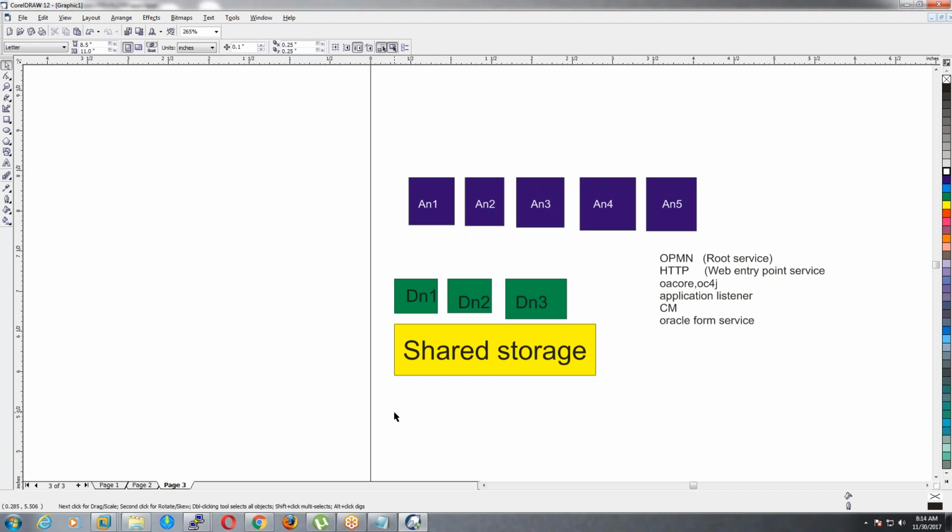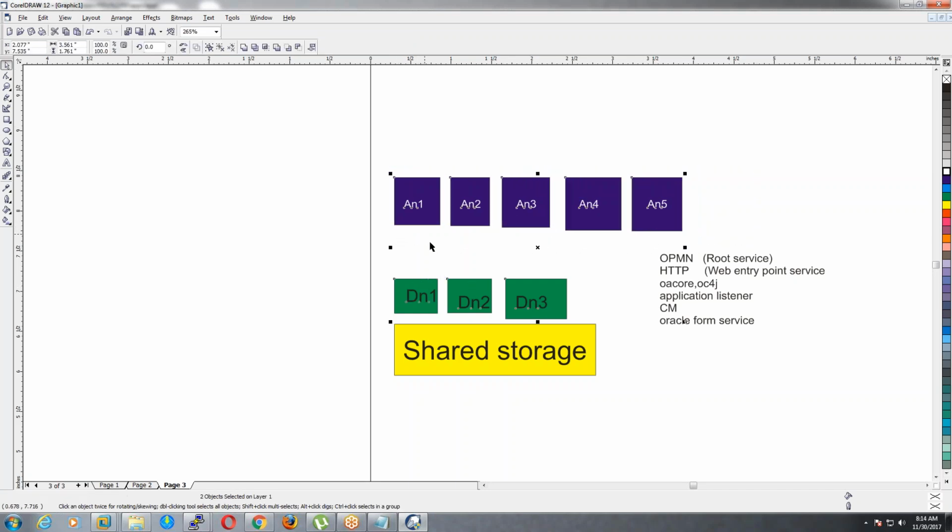Actually, we have a doc ID. I don't remember exactly what the doc ID is, so let me check it, and we can discuss tomorrow how load balancing will be done. Yeah, no problem. But I was thinking in a way that Oracle WebLogic application server, which they call Fusion Middleware,